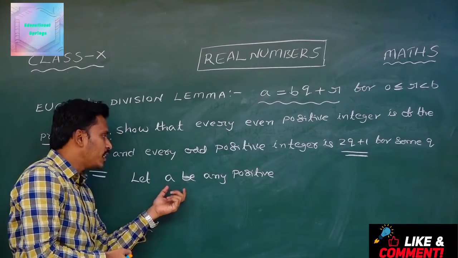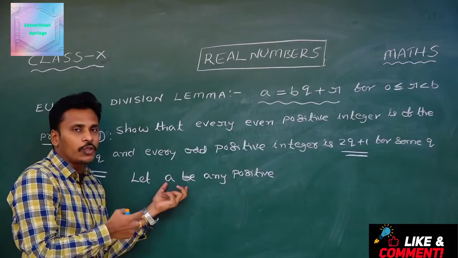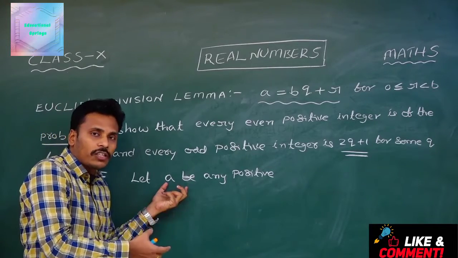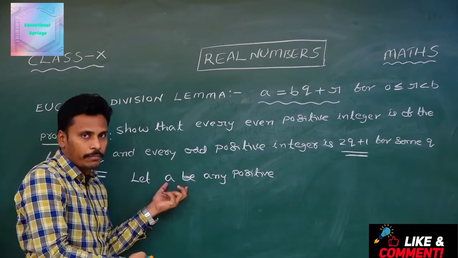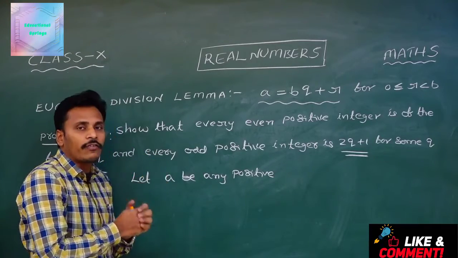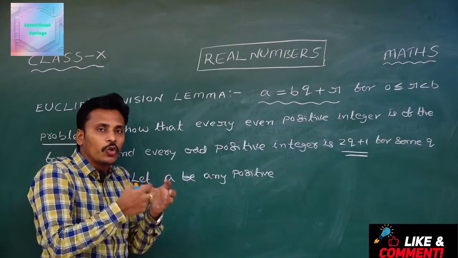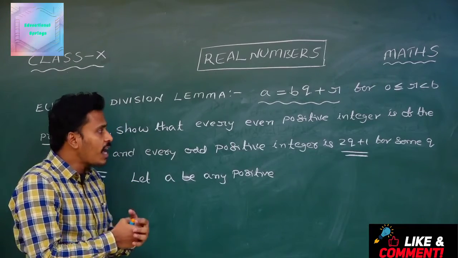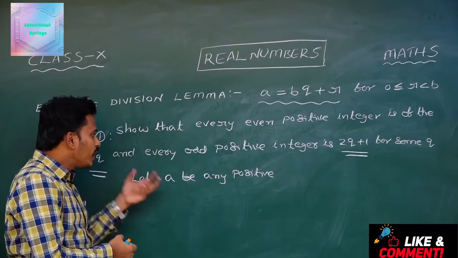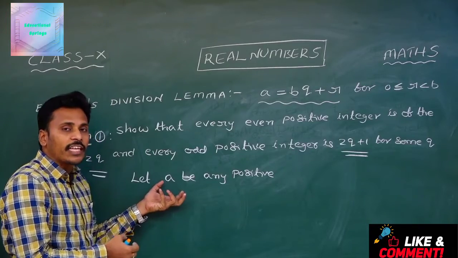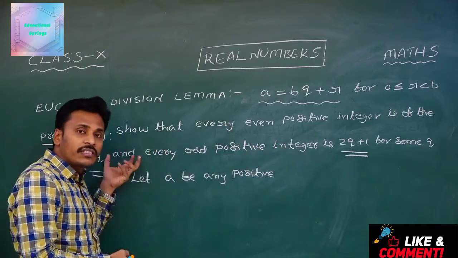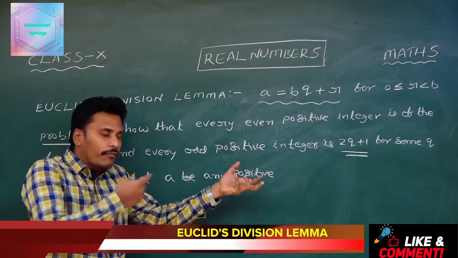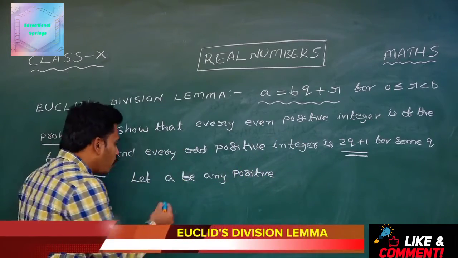I have one integer, let it be a. So I need another integer, that means the value of b. The question itself gives us some hints to consider the value of b. Since I am going to prove that this positive integer a is either of the form 2q or of the form 2q + 1, and these two forms are with respect to b, I am going to start